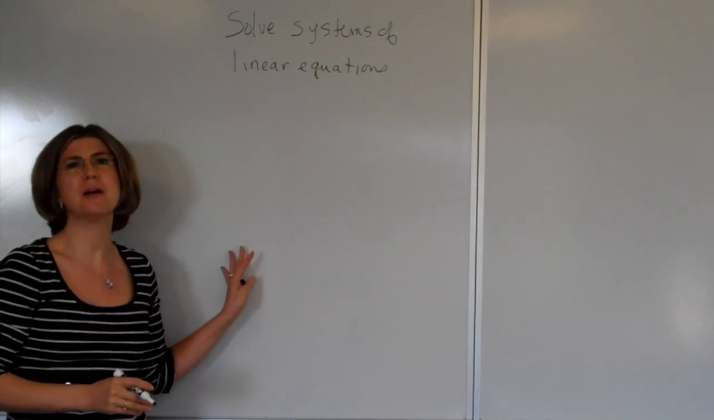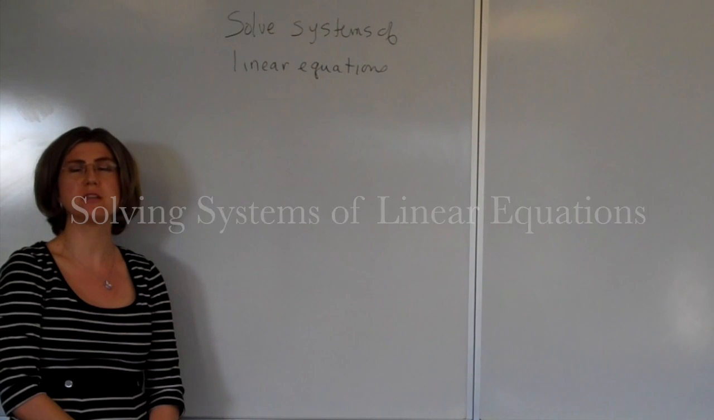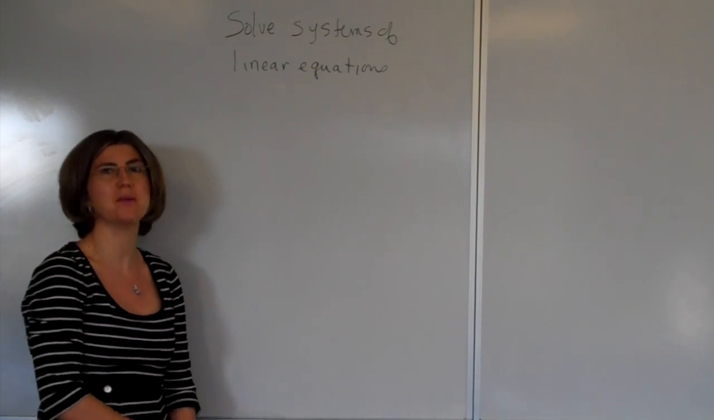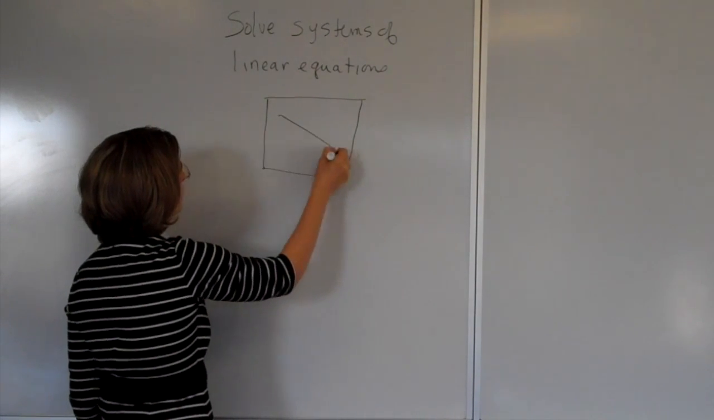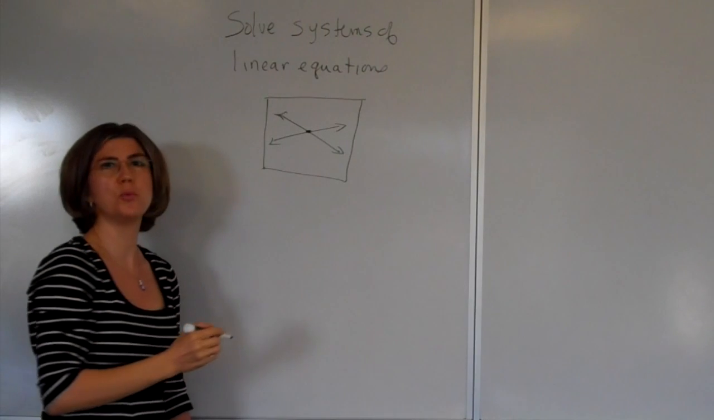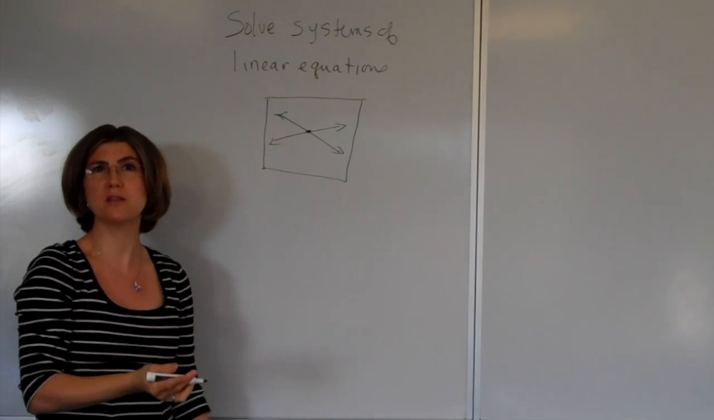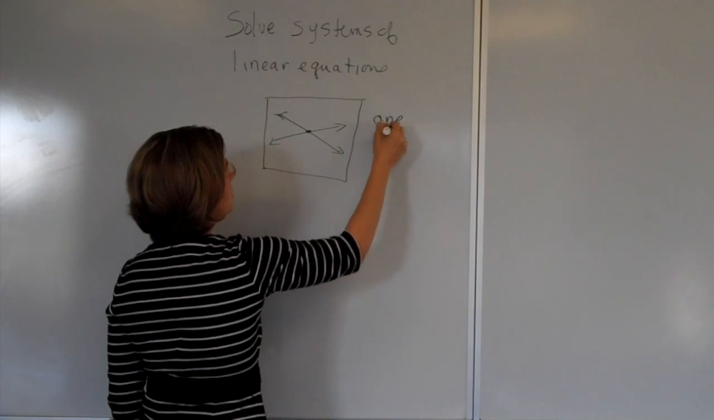Class, today we're going to talk about solving systems of linear equations. When we have a system of linear equations, we're going to have one of three possible types of solutions. The first possibility is that we will have two lines that intersect each other at a single point. That single point then will be the solution point. So this situation will have one solution